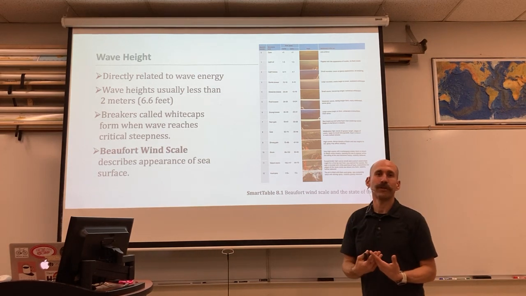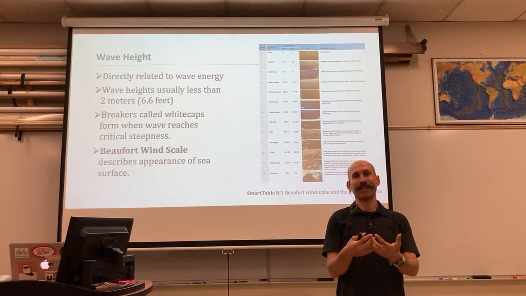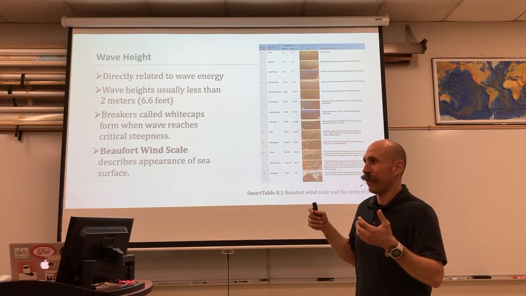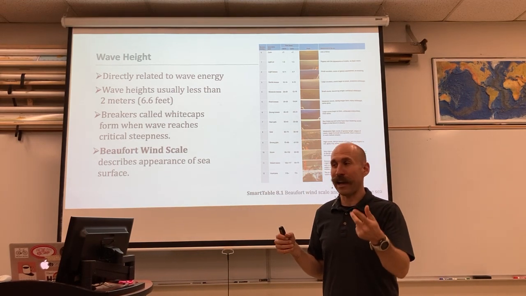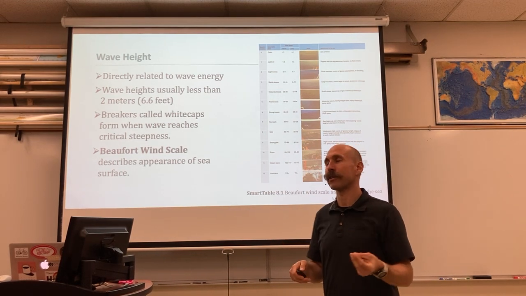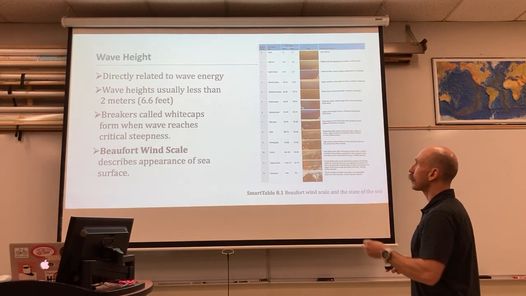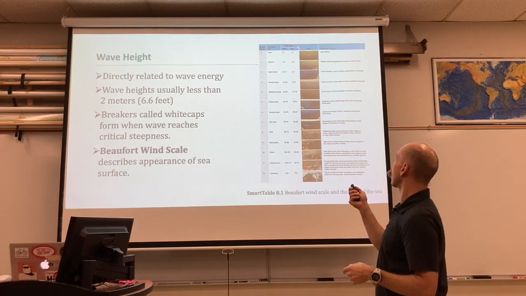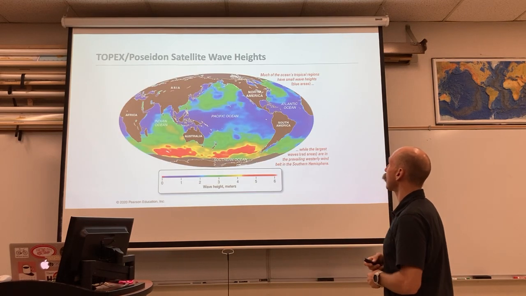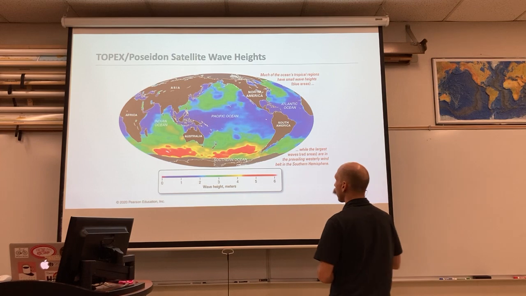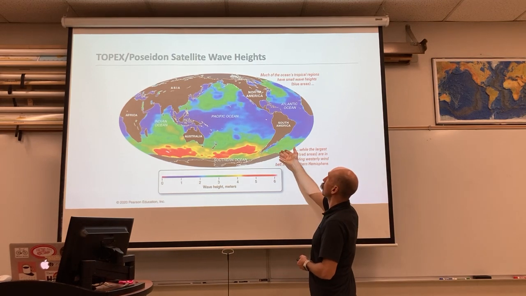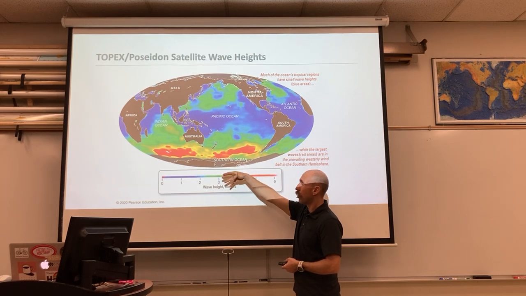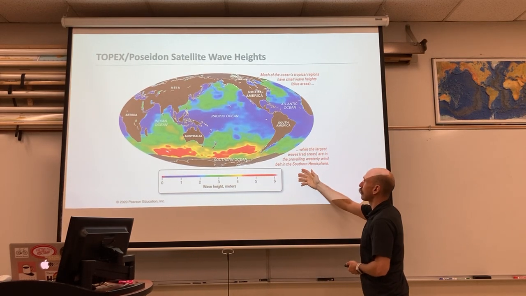So it's important to classify and understand. It's kind of our thing that we do in science. We like to label and identify and communicate about how things are. So the Beaufort wind scale gives us the ability to communicate about different waves that we see, but it's also quantitative based on wind speed. We can look at wind speed and wave height generation globally from satellites, and what we